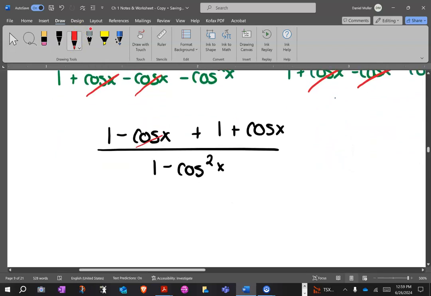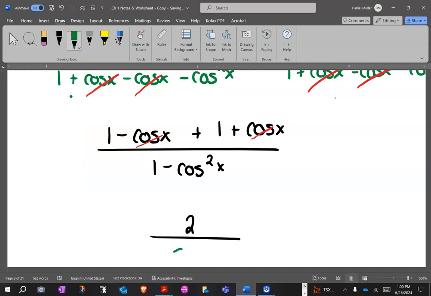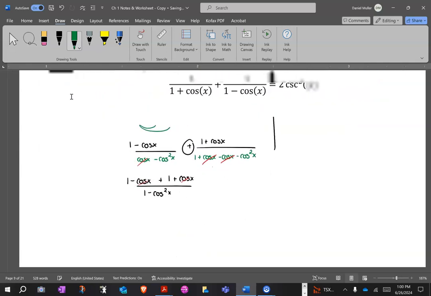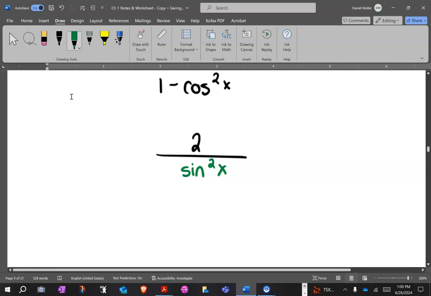And those can cancel, so all we're left with is a 2 on top. And a 1 minus cos squared is going to be a sine squared. That is the obvious substitution. And I don't actually know, do I need to make that a cosecant? I do. Okay. So this is almost identical to the previous one, in that we're going to push this 2 kind of out of the way